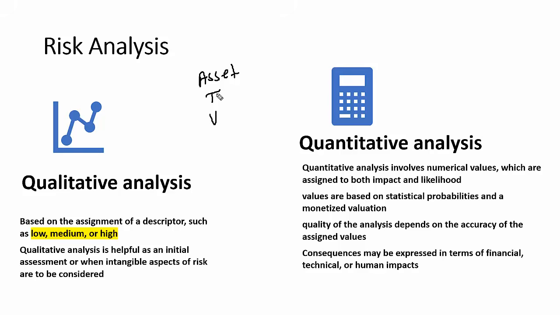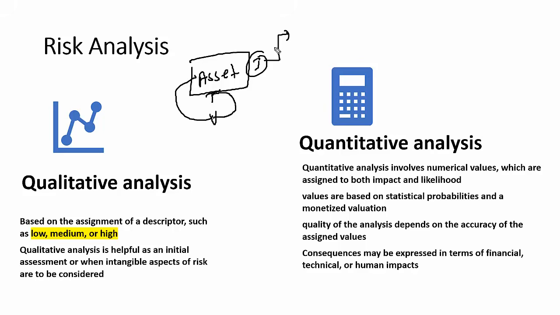Now we are in a position to ask: if the threat is going to exploit the vulnerability, what is the impact on the asset? What is the overall impact, and what is the level of impact? That we need to calculate. We know a hacker is going to hack the server and gain access to the data. But if he is able to access that data, what will be the impact on the organization? The organization is answerable to regulatory authorities, there is a cost involved, and the organization suffers business loss because of the disclosure of data. It impacts the reputation. All this analysis we need to perform.